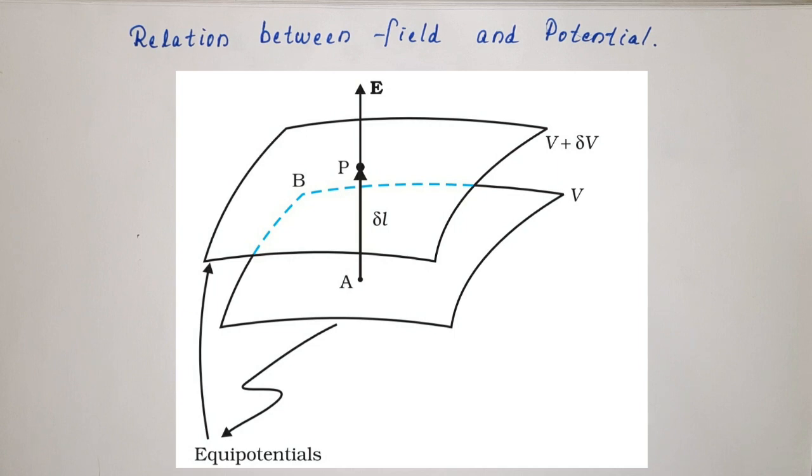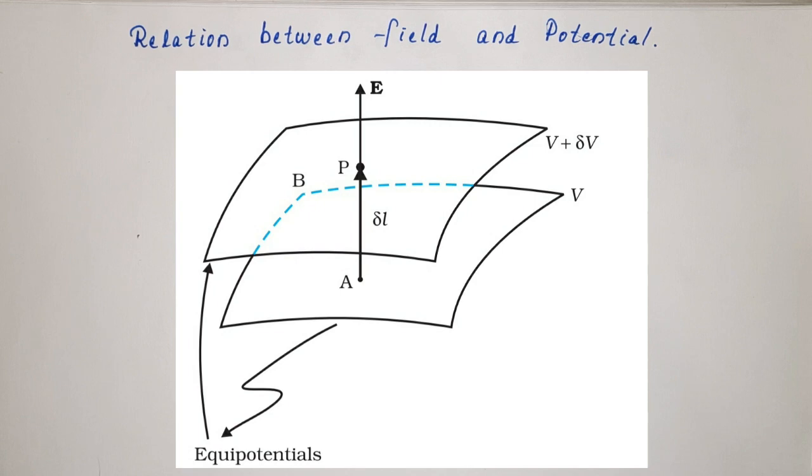The second one we will write using the equation which we studied in this chapter: work done to displace a charge is equal to charge into potential difference. In one of the problems we discussed that equation, Q into VA minus VB. So using these two expressions we will write the work done, and by logic these two work dones will be the same, and we will equate them. That's what we are going to do.